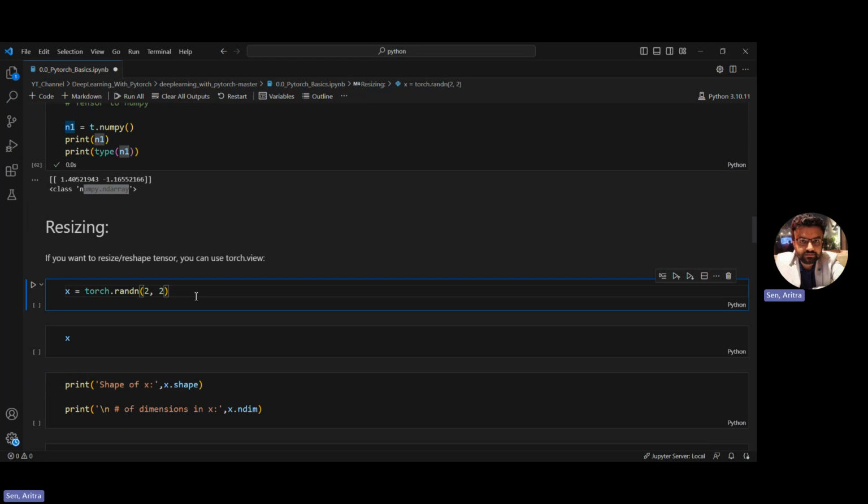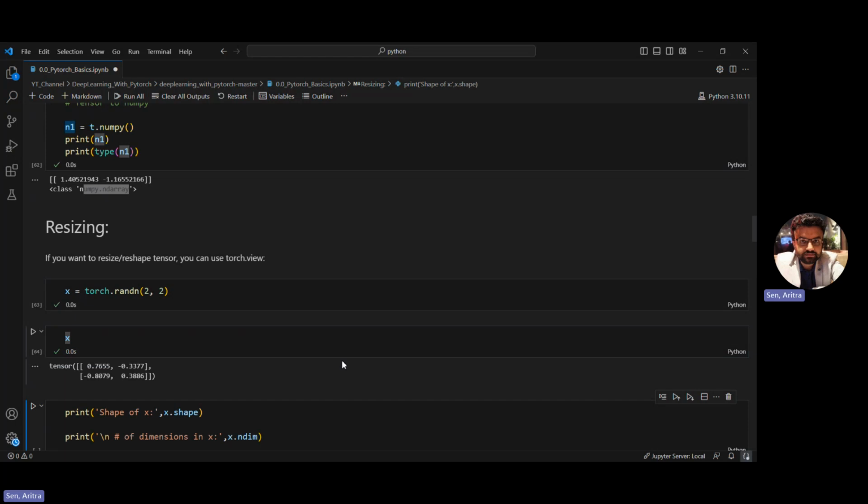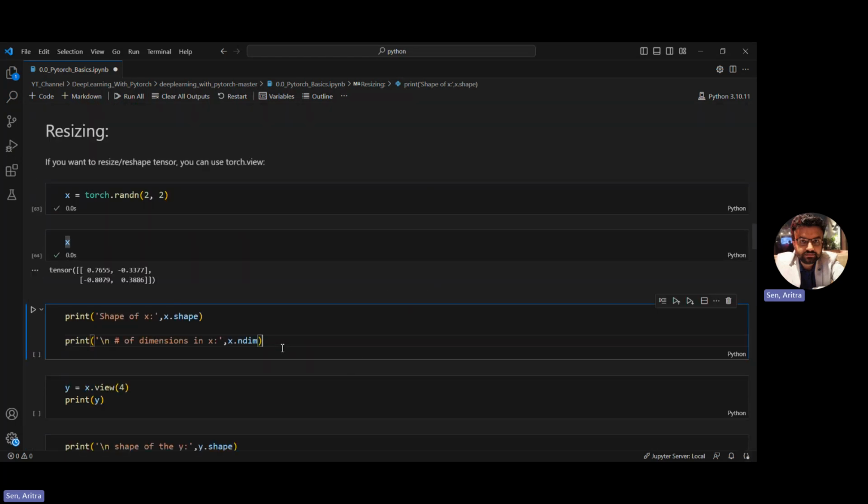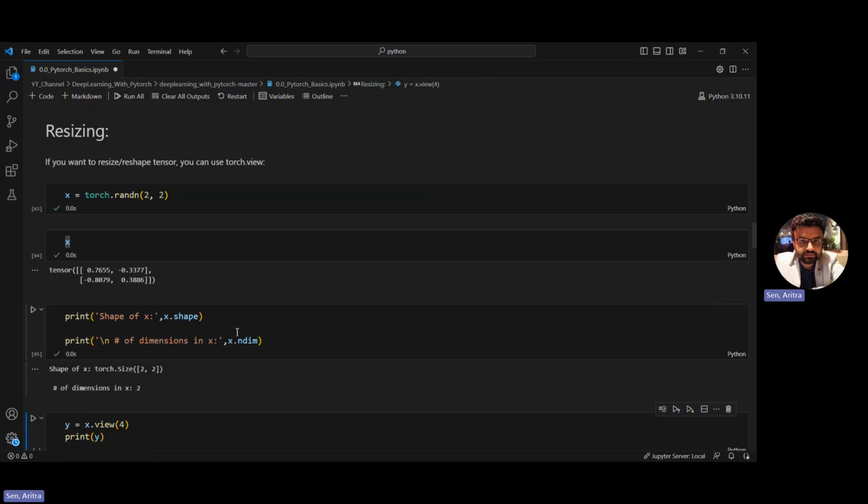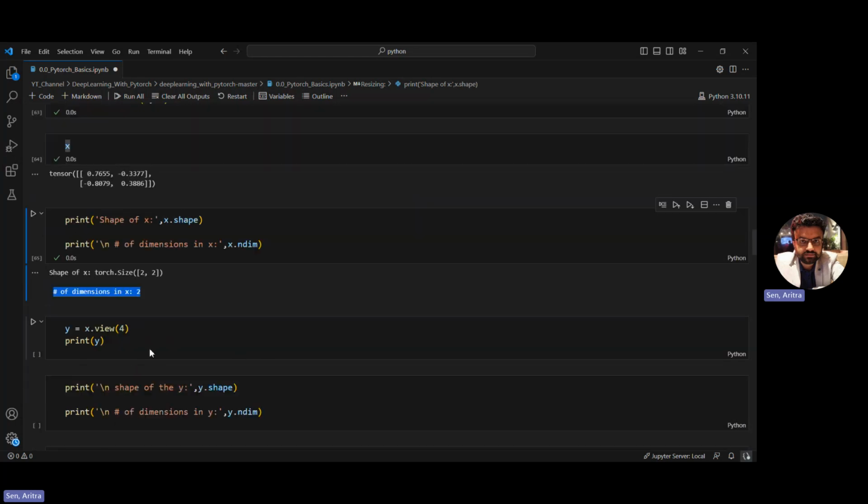Okay, now let's talk about resizing, how we can resize a torch tensor. At first I'm creating a 2 by 2 torch tensor with random numbers, and this is how the output looks. Now if I check the shape and dimension of this torch tensor, it tells you there are 2 rows and 2 columns, and the number of dimensions in this torch tensor is 2. Now if I want to do the resizing, say for example, we want to convert it to a one-dimensional array with 4 elements,